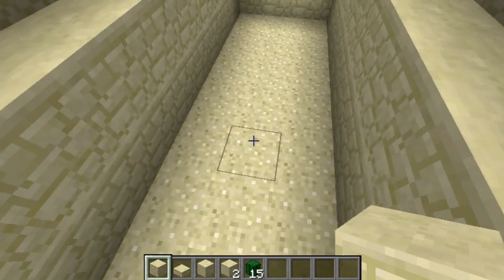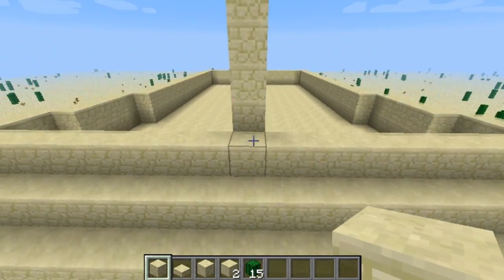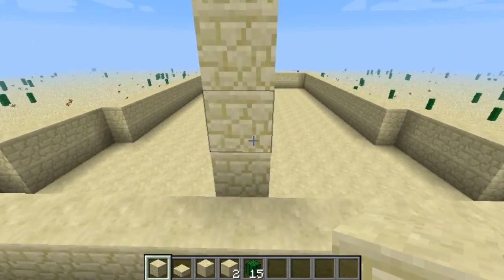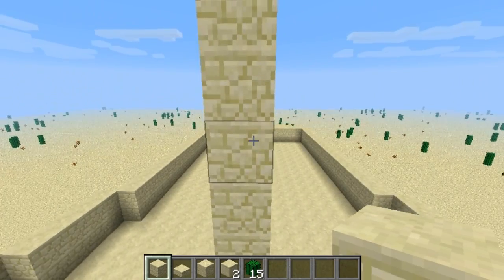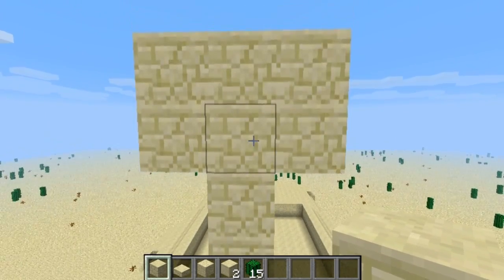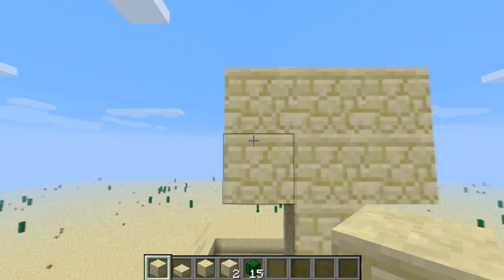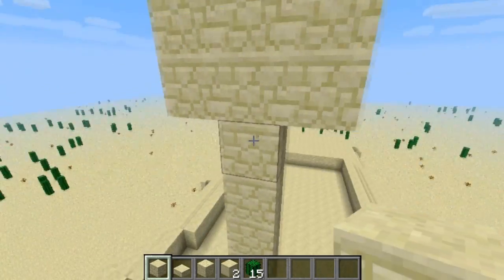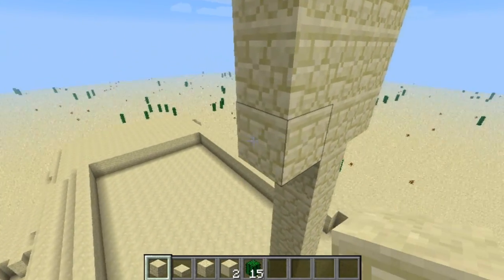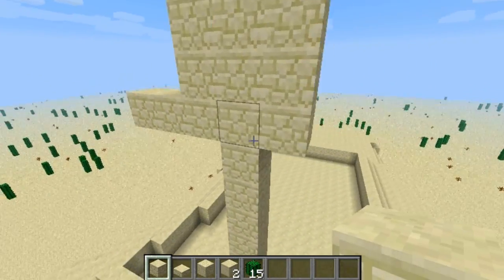Now what you want to do is come and find the center, which is the middle block, then go up, and just behind that wall that we've just placed, you want to come up from it 1, 2, 3, 4, 5, 6, 7, 8, 9, 10, 11, 12, 13 blocks high. And then on the top 2, you want to bring them out by 1 at either side, so you get a 2x3 square. And then you want to come down another 1 at each side, bring that one we've just placed, bring it 2 out,